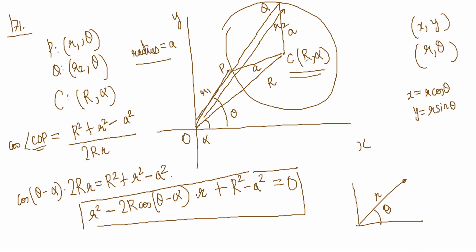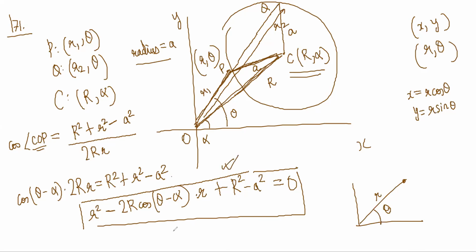We took this as a polar coordinate of this, and then took an arbitrary chord. And we saw that this point will be some r comma theta, and this point will be some other value of r comma theta. So this is r1, this is r2, and this angle is theta minus alpha. And in this triangle we are doing the cosine rule, and writing cos theta is equal to this. So nothing very difficult here to get this equation.